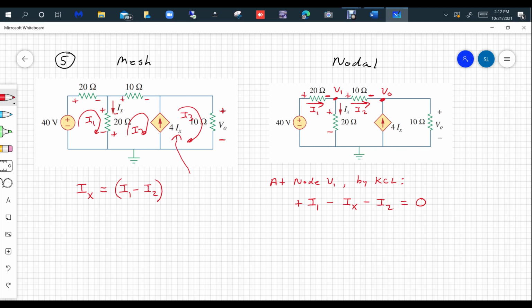Because when you write the nodal equation at V1, and we go to what I call the second level equation here, you come up with what I1 is equal to. I1 is always equal to the more positive voltage minus the more negative voltage. So if you take a look for I1 up there, you start with the plus side of the resistor. That's why the passive sign convention is so important, because you end up with 40 minus V1. All that divided